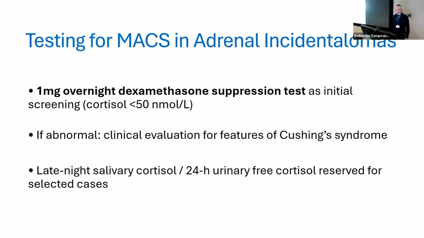And testing for MACS sounds simple. So 1 milligram of dexamethasone at 11 o'clock at night, and we ask them to come back for cortisol the next morning. And if the cortisol is less than 50, then they are normal. But it's not that simple. So if it's abnormal, there's a recommendation to test for Cushing syndrome. And other tests such as late-night salivary cortisol, cortisone, or 24-hour UFF cortisol are not that helpful in the context of an adrenal